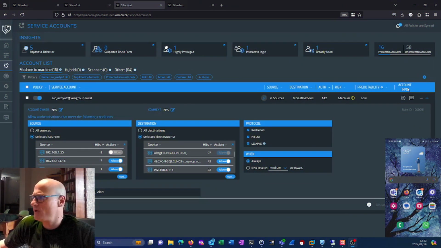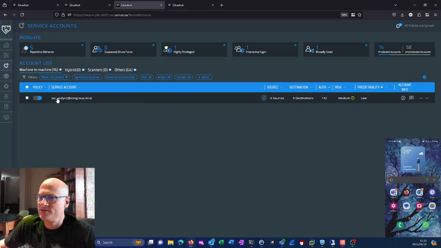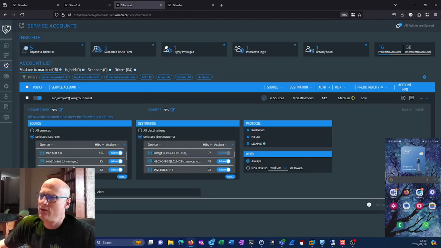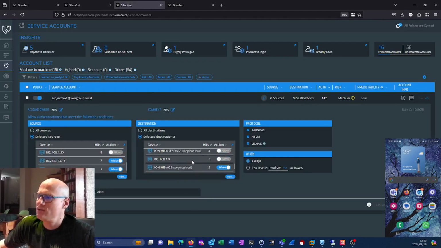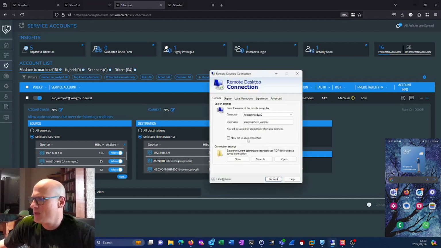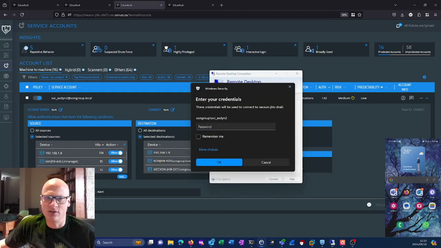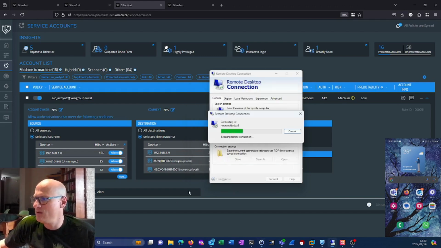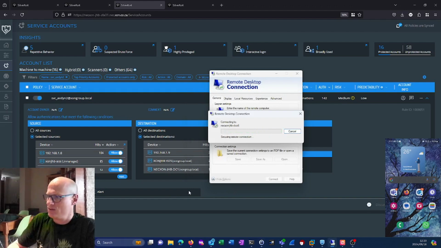So what I can also do is I can protect service accounts. So I've got a service account here, SVC accident 2, and I've allowed certain sources and certain destinations. So it's a virtual ring fence. Now I've actually, for demonstration purposes, allowed my account or my computer and my IP. So what I want to do is I'll use RDP as a nice visual example. So I want to RDP to this box. So let's have a look, and